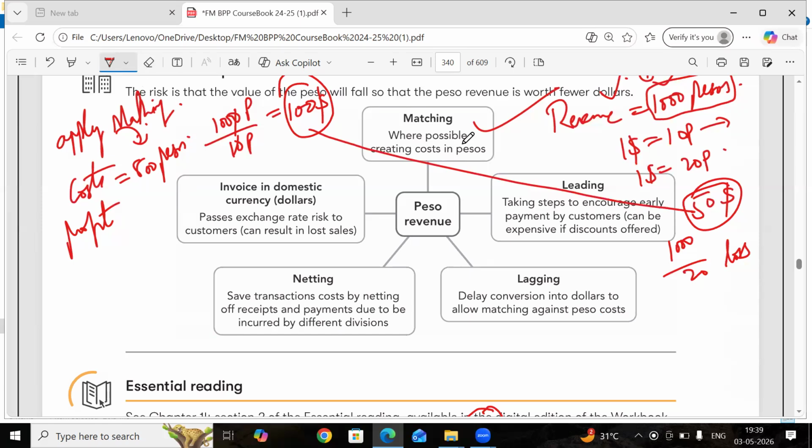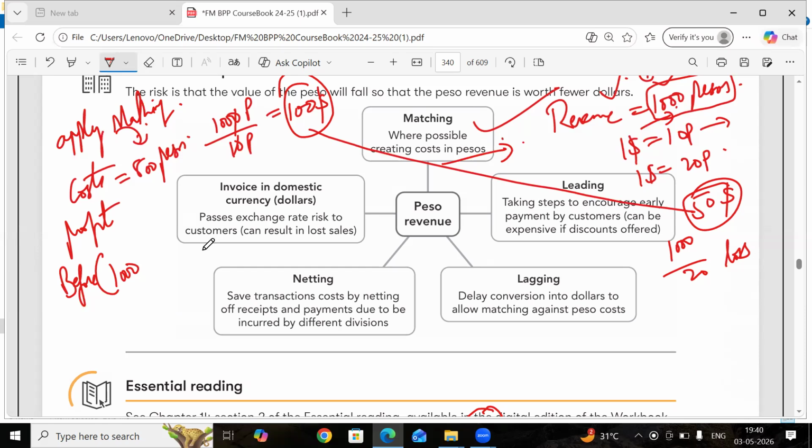That's what, where possible, creating cost in pesos. If you have revenues in pesos, try to create cost in pesos. So impact will be same. Profit before: